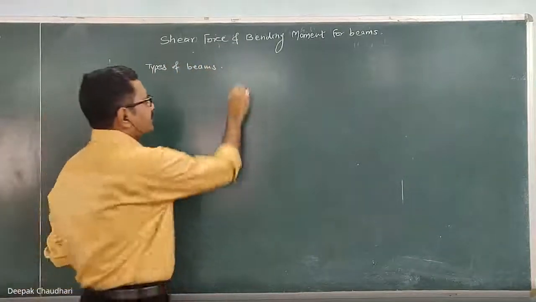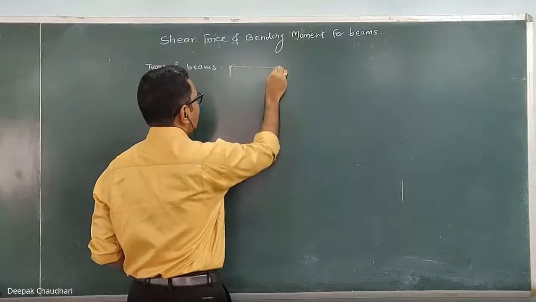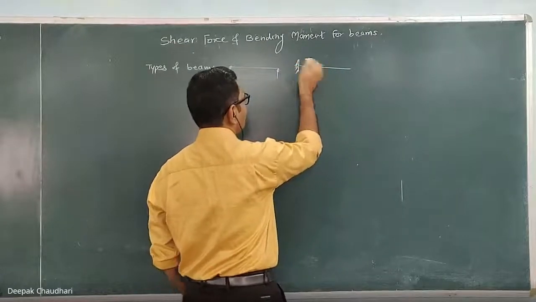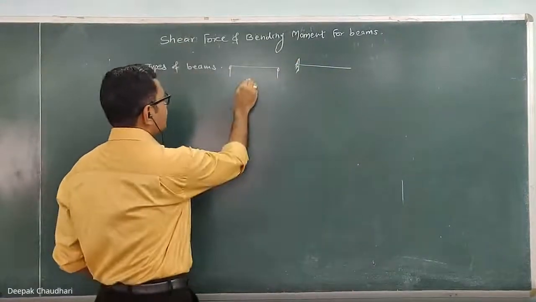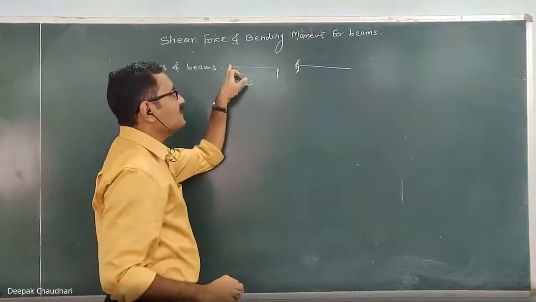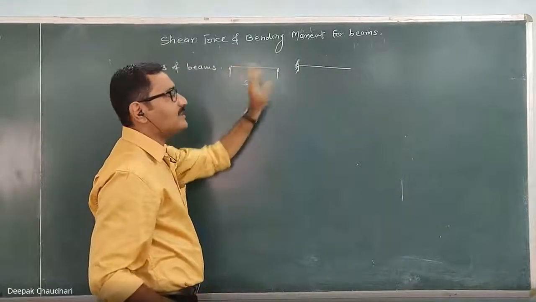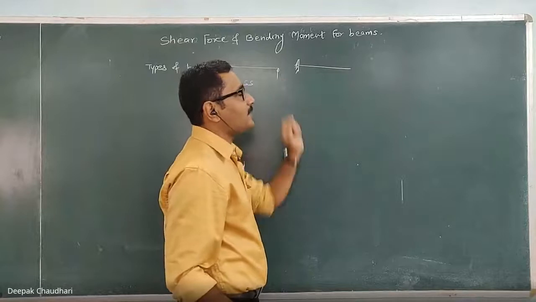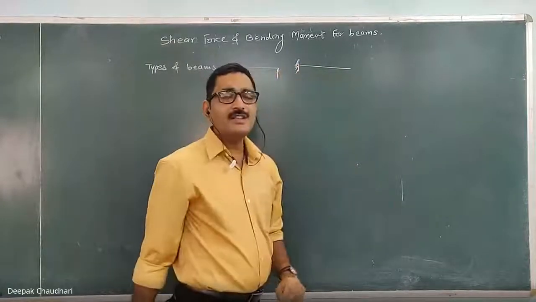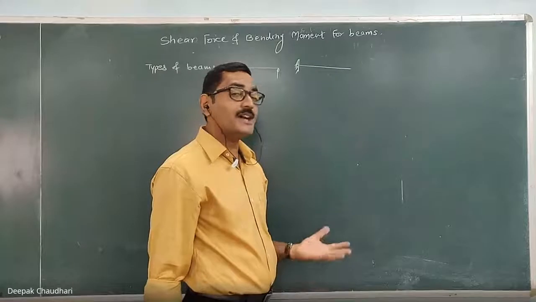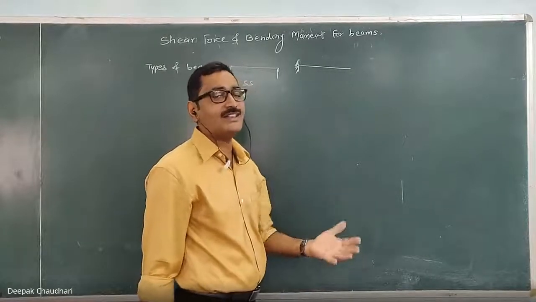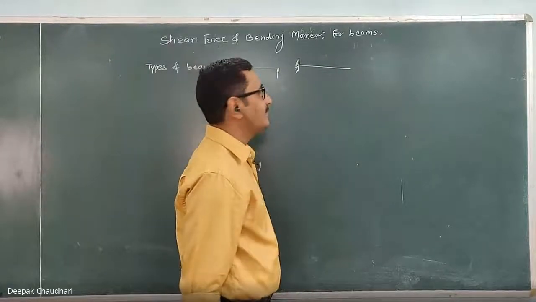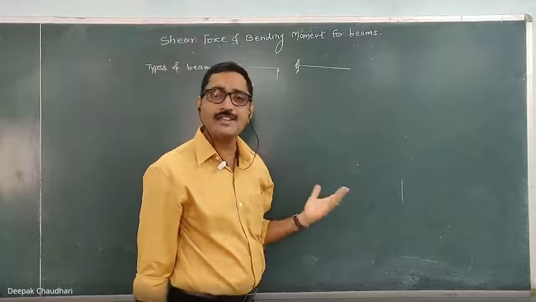Here, the first one is a simply supported beam, when it is supported at its two extreme ends. The second one is a cantilever beam, when it is supported at one end and the other end is free. For the simply supported beam, one support is mostly a hinge support and the other one is a roller. For the cantilever, one end is supported and the other end is free. Such a beam is known as a cantilever beam, and for a cantilever beam, this support is the fixed support. I hope you remember how many unknowns there are at a fixed support, how the fixed support offers reactive forces on the beam. Yes, there are 3 unknowns: horizontal component, vertical component, and reactive moment.